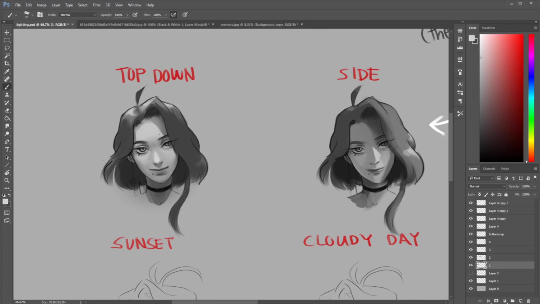And top-down lighting, because it's coming from the top, means that all planes that are facing upwards, meaning the cheeks, the nose, even the top of the lip, are going to get some of that lighting. Compared to the nose, obviously the cheek is going to get a more gradual kind of lighting, whereas the nose is sticking straight out, and so it's going to catch that really bright, really concentrated shape. And then obviously you're going to have your typical triangle